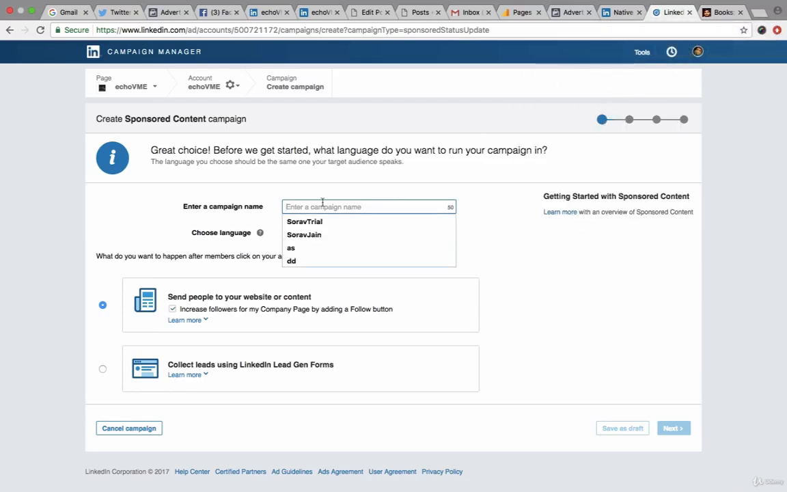Now I'm going to give a campaign name right here, free course, and my idea here is to collect leads using the LinkedIn lead generation form. So there are two options here: send people to your website or content. If you have a landing page or if you want to drive traffic to your website, you might want to opt for this option. But now I'm going to pick up the second one because my idea is to immediately